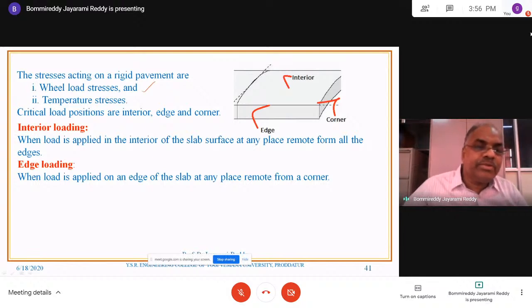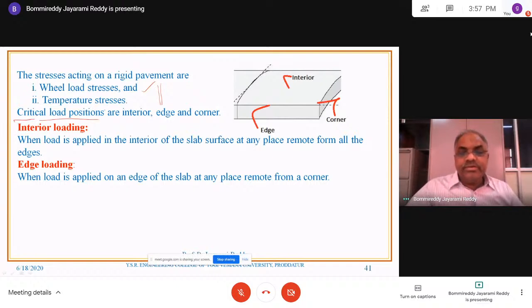Whereas in the case of flexible pavements, no stresses are induced because of the temperature. Whereas in the case of rigid pavement, the temperature stresses are induced due to variation of the temperature. It may be rise of temperature or fall of temperature. So we have to analyze now and understand fully about the wheel load stresses and also stresses due to the temperature. And after that, once you know the stresses at different levels, it is necessary to understand the critical load